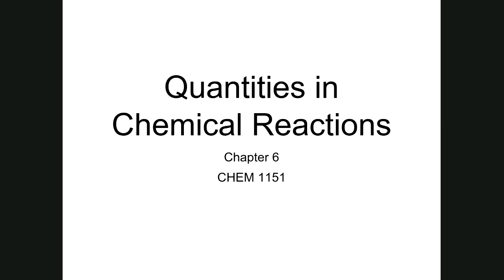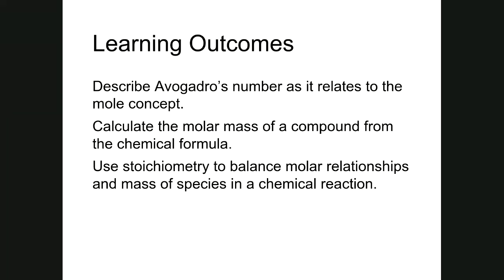So you're going to be writing chemical formulas, balancing chemical equations, and then doing dimensional analysis. Remember, dimensional analysis, or converting units, is what we looked at in chapter 1, and we're going to be using that again here. So we have our learning outcomes. Again, the main idea of this chapter is the stoichiometry that we discussed in chapter 5, just meaning that we want to relate the amounts of reactant and product